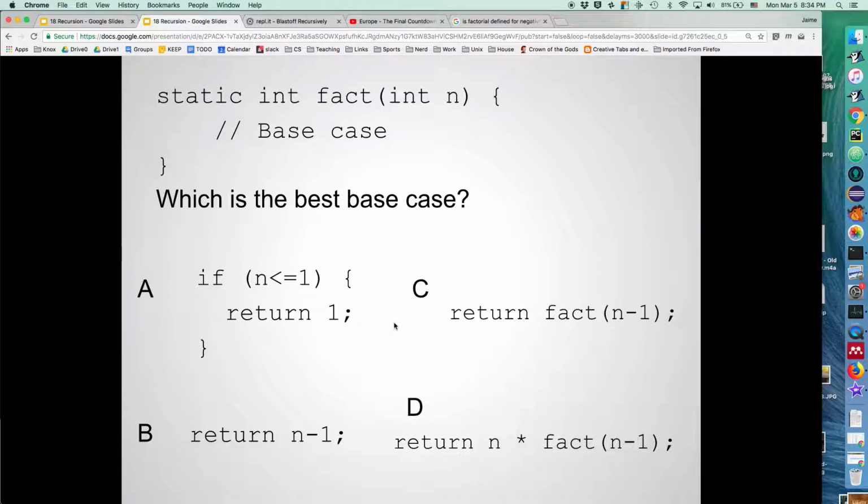Come up with something. Hopefully you came up with A. If so, you're right. This is the best base case. So if n is less than or equal to 1, we're just going to return 1. If the problem is small enough to just solve it outright, just give the answer outright. Don't bother with any recursion. And this is great because now, if we're doing legitimate factorial and we get down to 1, we return 1,